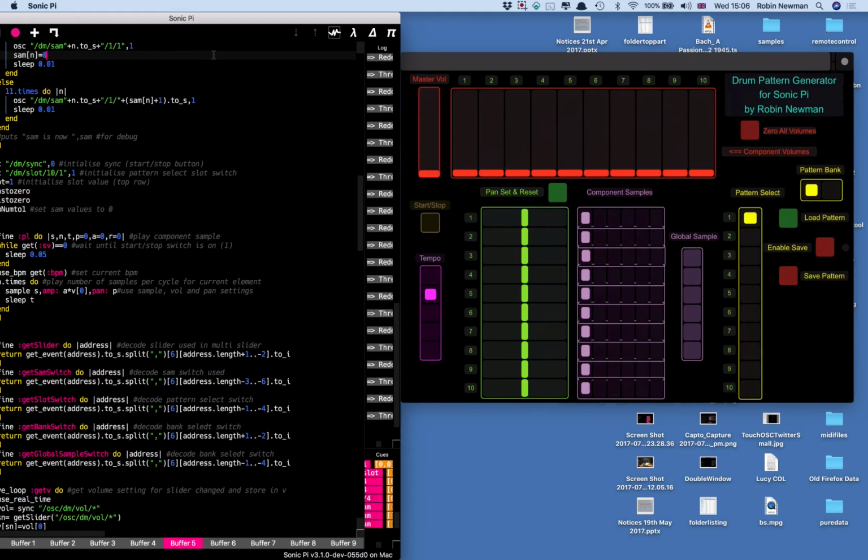I'm working off a Mac at the moment, and you can see that it initializes the screen there. It sets all the volumes to 0, as the master volume and overall volume, that's also at 0. Pan settings at 0. And the slightly lilac-coloured section here that says component samples is controlling the sample for each one